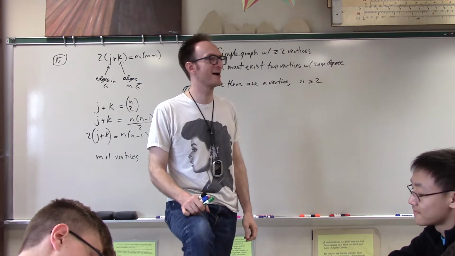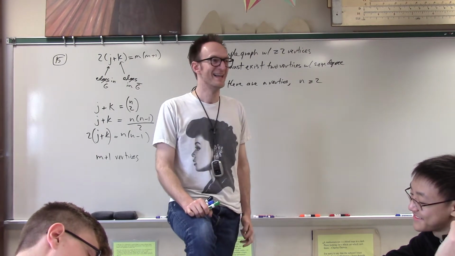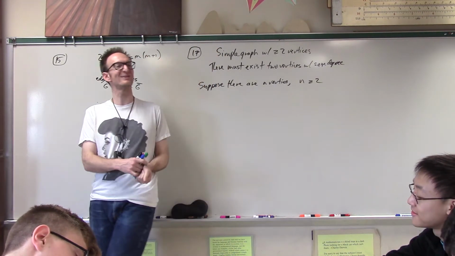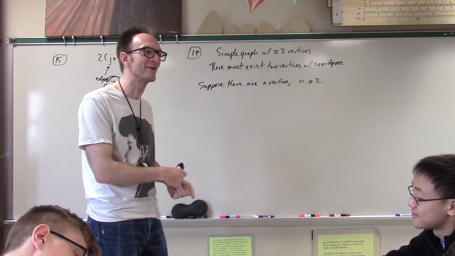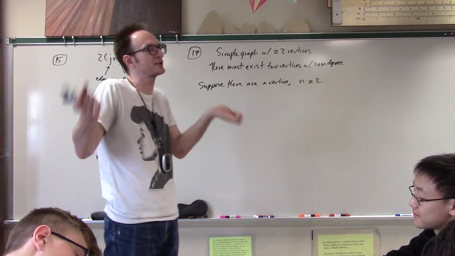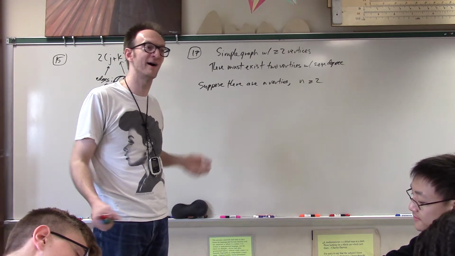But then there was just some misanthrope who was just like, my plan is to have no friends in high school. Then those both can't be true, right? You can't have someone that's friends with no one and someone that's friends with everyone in the same school. So, in other words, you cannot have a vertex with degree 0 and also a vertex with degree n minus 1. Everyone go,